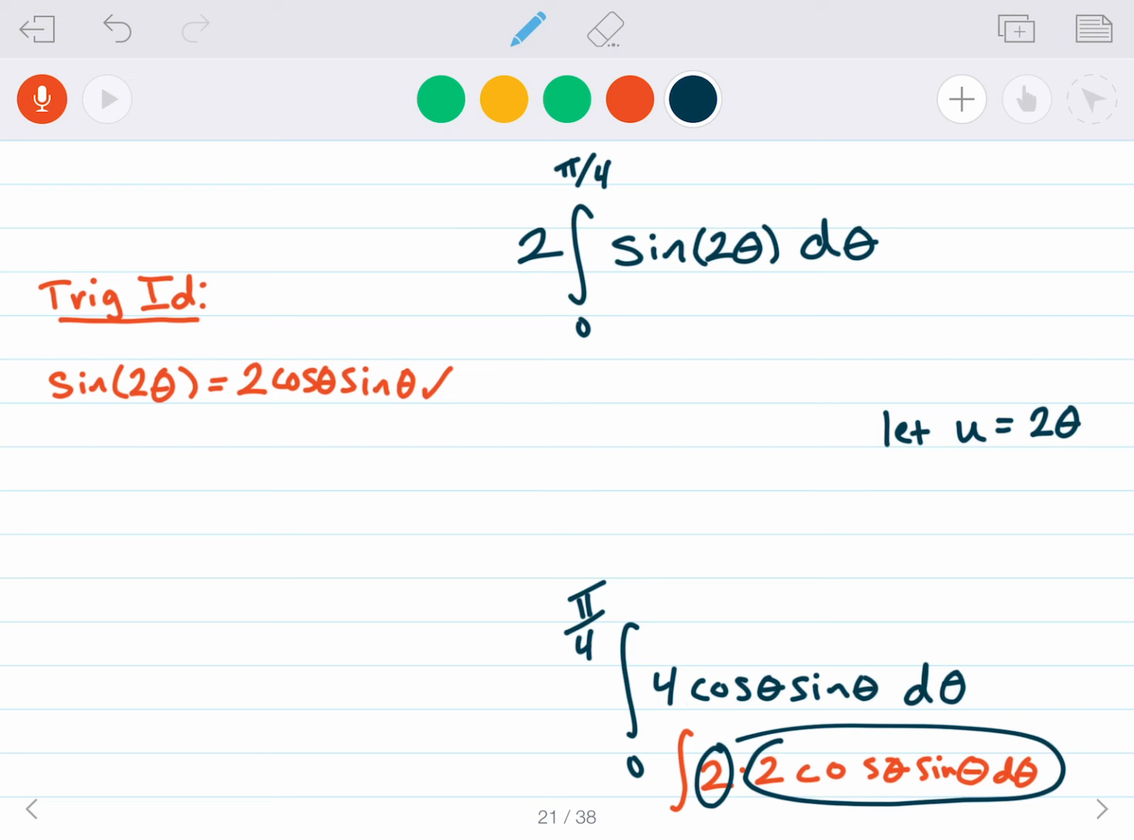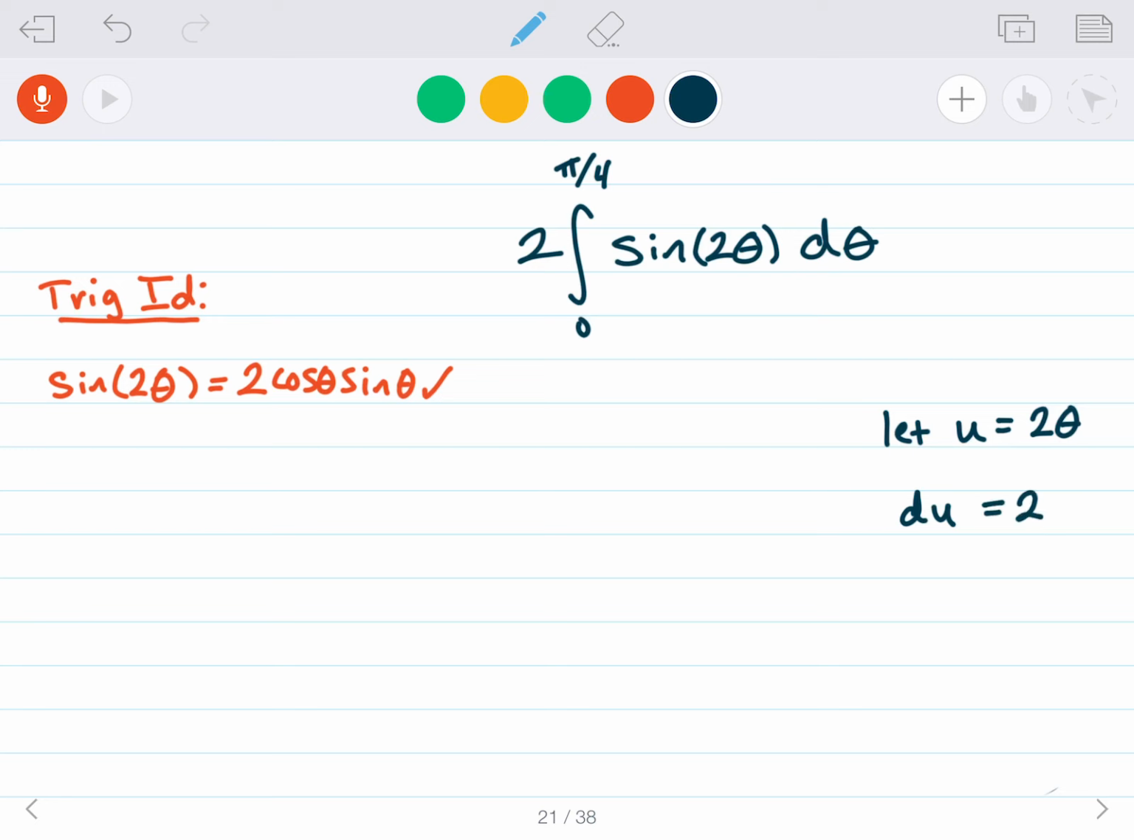And if we take the derivative of both sides, let me erase some of this so I have some more room. What I get is du is equal to 2 d theta. Remember how we did those u substitutions? So if I isolate d theta by dividing both sides by 2, I get du over 2 is equal to d theta. So let's go ahead and change everything in terms of u using those things that I boxed. I'm talking about right here. If I change everything into terms of u,